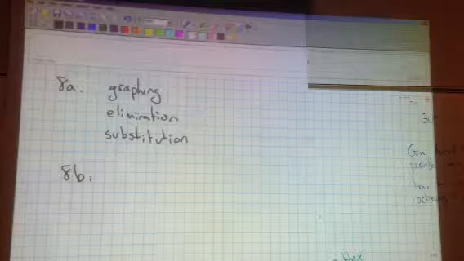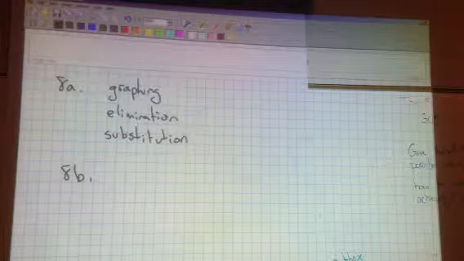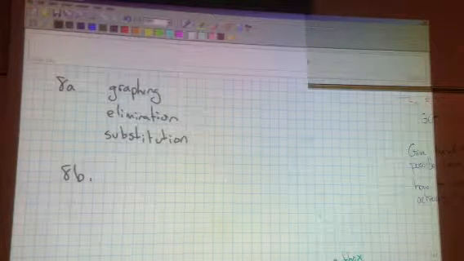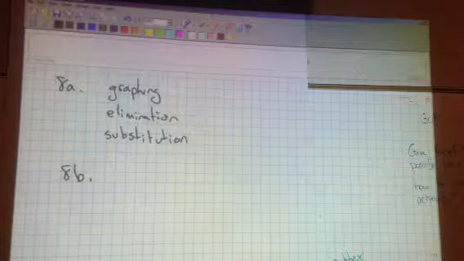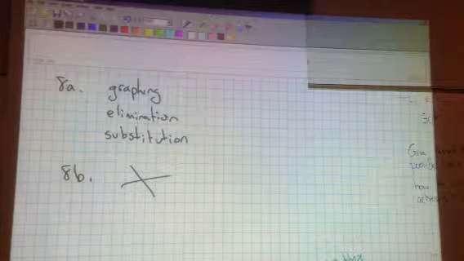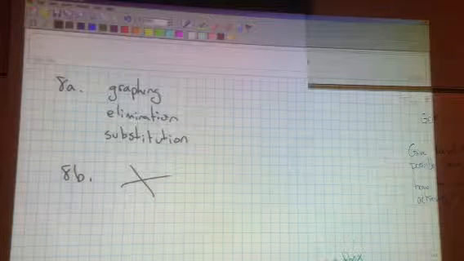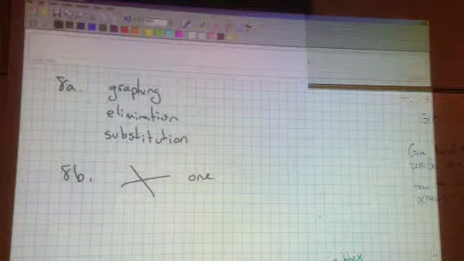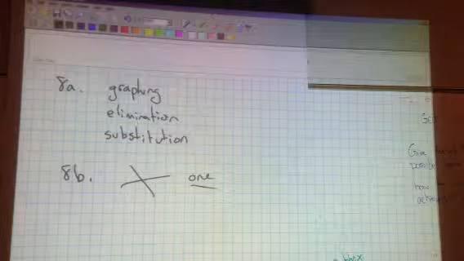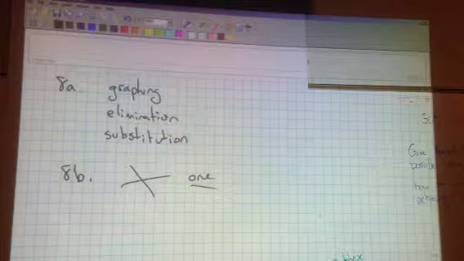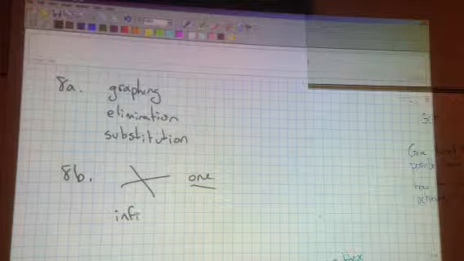8b, fill in the blank. When graphing a system of linear equations, lines that intersect at one point have one solution. They only intersect at one spot, that's the solution. Lines that intersect at every point have infinitely many, so first blank is 1, second blank, lines that intersect at every point have infinitely many